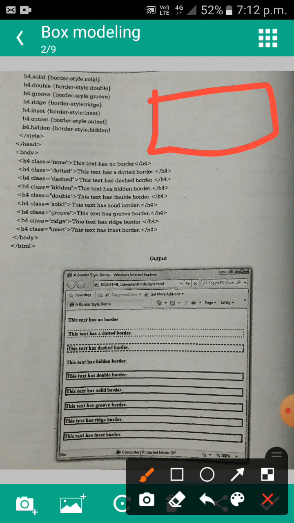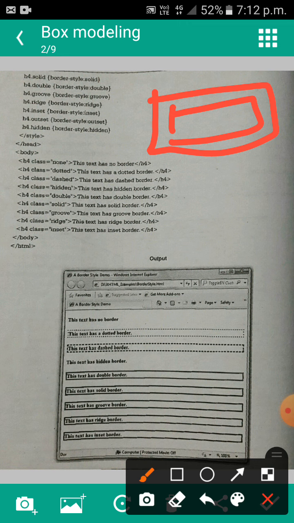Then h4 dot double, border style double means a double border. Then h4 dot ridge, border style ridge.